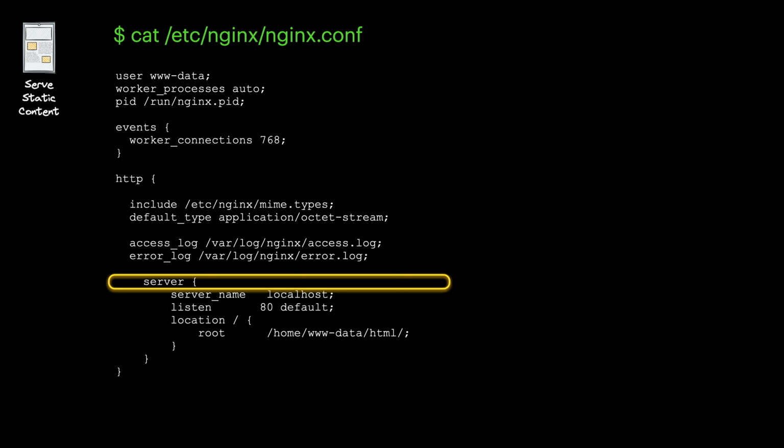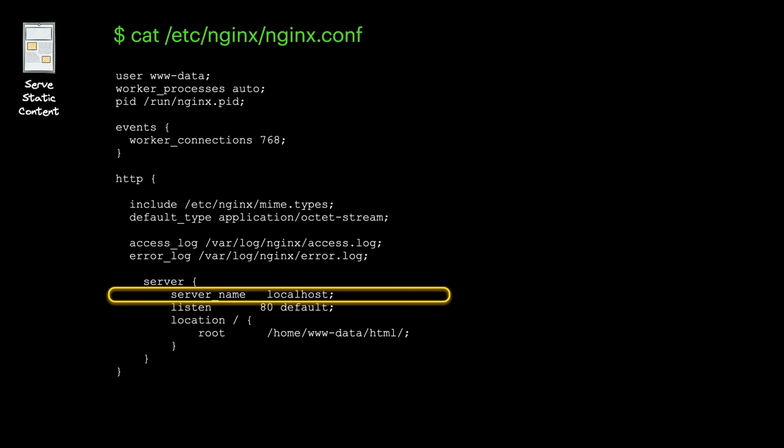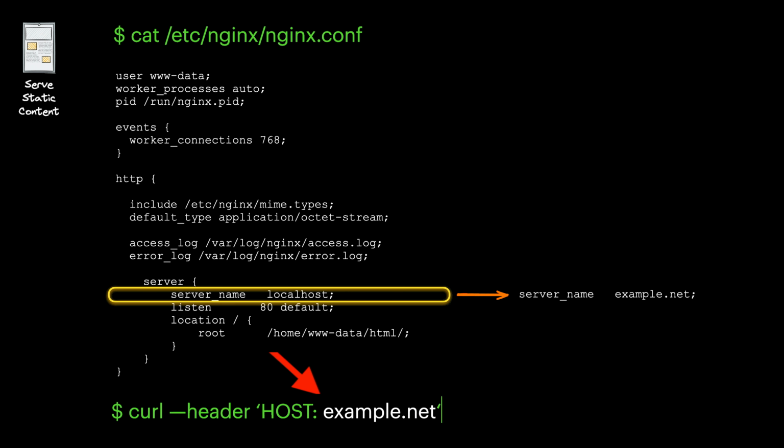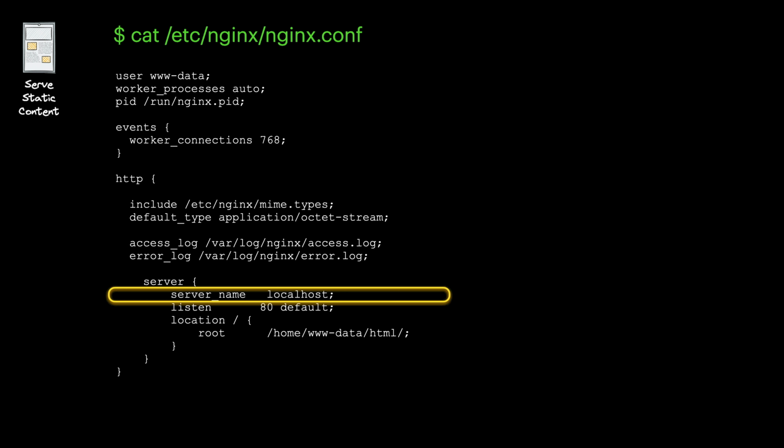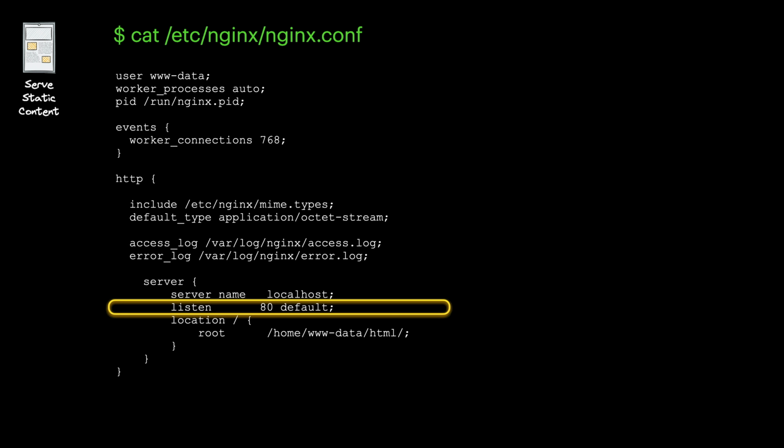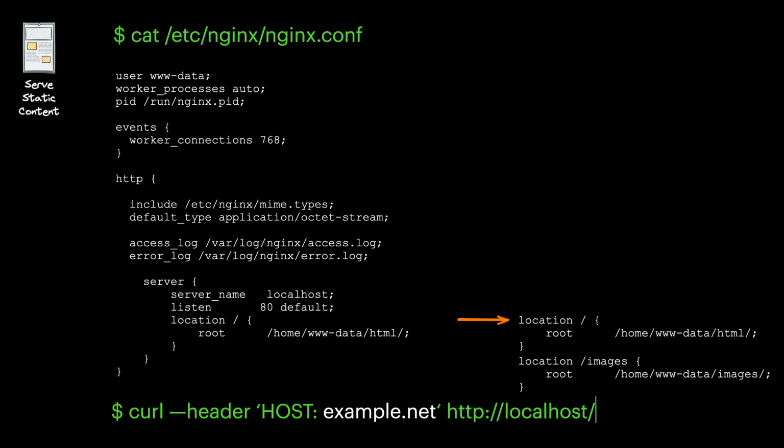In the server block, the server name is defined. This could be an IP address, short name or fully qualified domain name. Also, there could be multiple servers defined. In this case, Nginx uses the HTTP header Host to determine which server the request should be routed to. Next, the port used by the Nginx server is specified. Then, a location is set. It defines how the requests are handled. If only / is set, it will handle all the requests. Otherwise, there could be a separate location for different URIs.